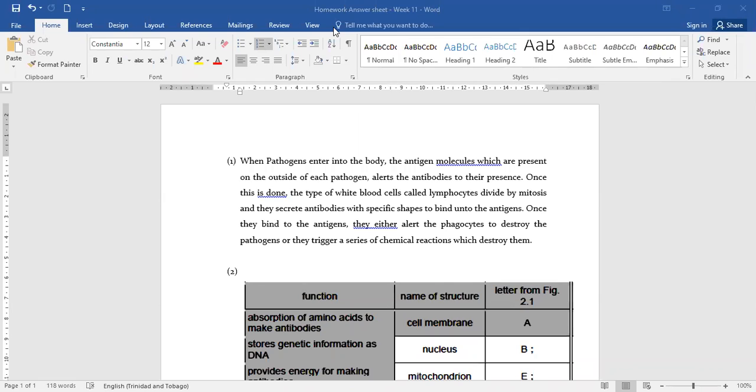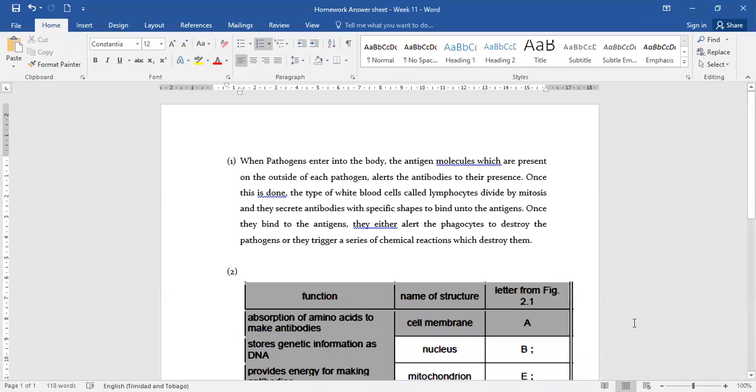That's annoying. All right, so Emily wants to know if you had to explain how it defends the body or why it defends the body. Let me read over the question. You had to explain how it defends the body, so the mechanism by which lymphocytes defend the body against pathogens. That's what outline the role of antibodies in the defense of the body against pathogens means.